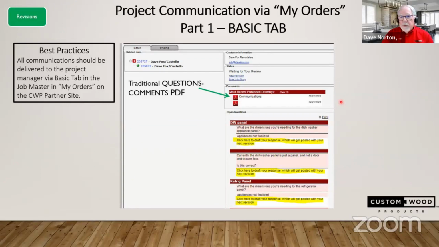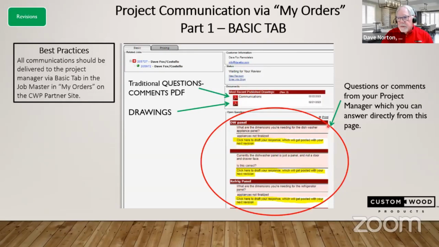And so you're going to start on the basic tab. You're going to have communications. This is a PDF of these questions. You're next going to have a drawing. And then your questions from the project manager can be answered right here. By clicking on the word click, it'll open up a window for you to type your answer, which will be